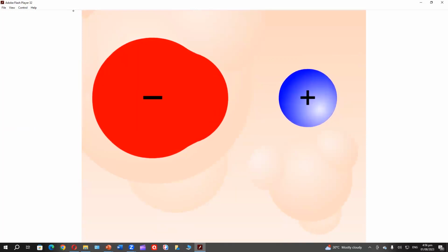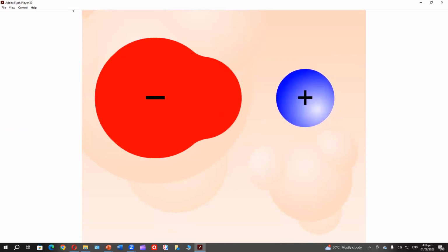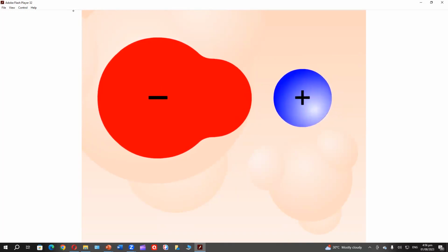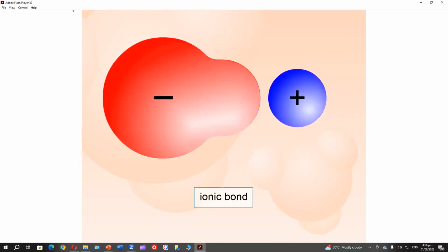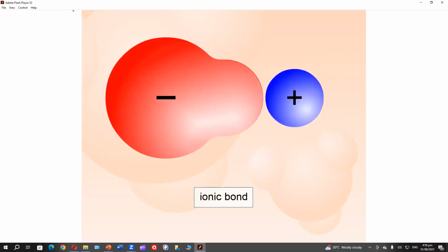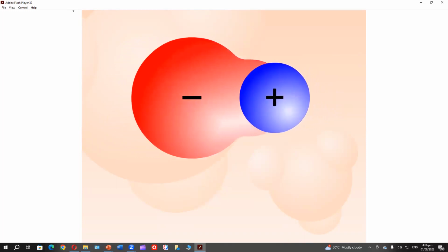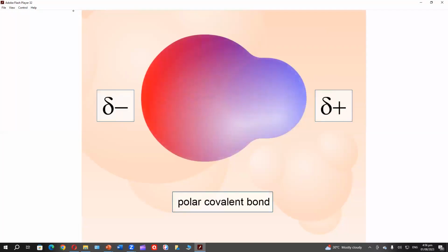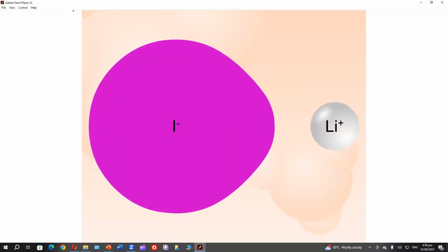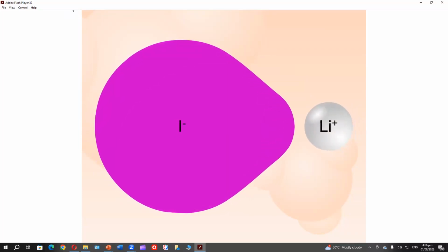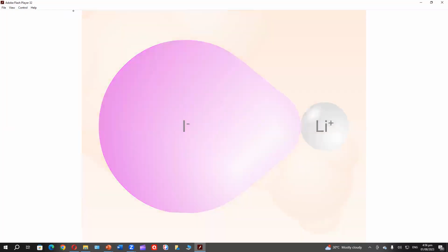When the cation is small and carries a large positive charge, it tends to attract electrons towards itself. On the other hand, electron clouds in large anions with a high negative charge are easily distorted. If two such ions form an ionic bond, some of the electron density of the anion is shifted towards the cation. This in turn gives the ionic bond some covalent characteristics. For example, we can expect some covalent character for the ionic bond in lithium iodide. The electronegativity